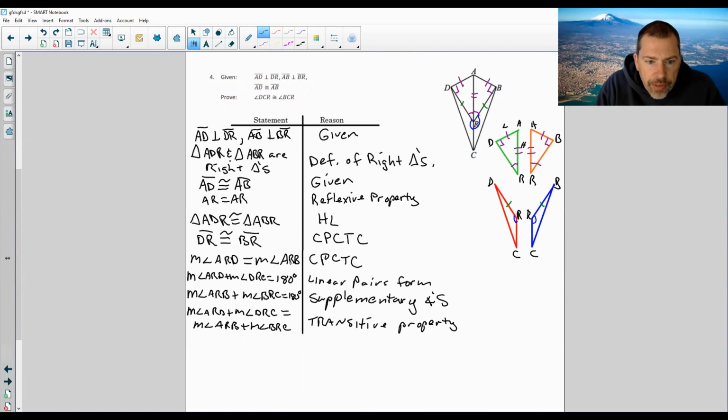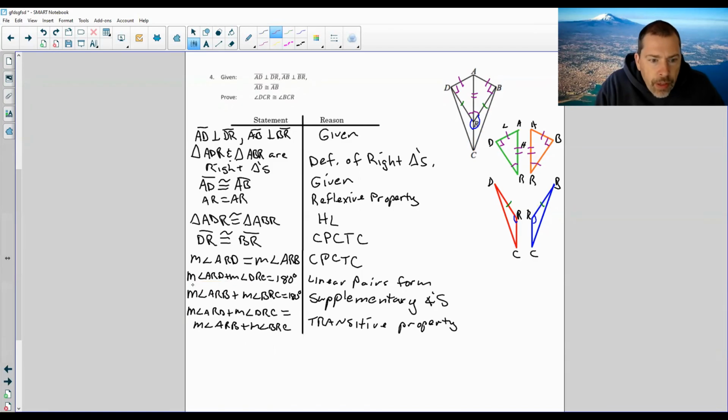Okay, angle ARD plus angle DRC is 180. Angle ARB plus angle BRC is 180. Therefore, ARD plus DRC equals ARB plus BRC. And if I color coded those, ARB, DRC,